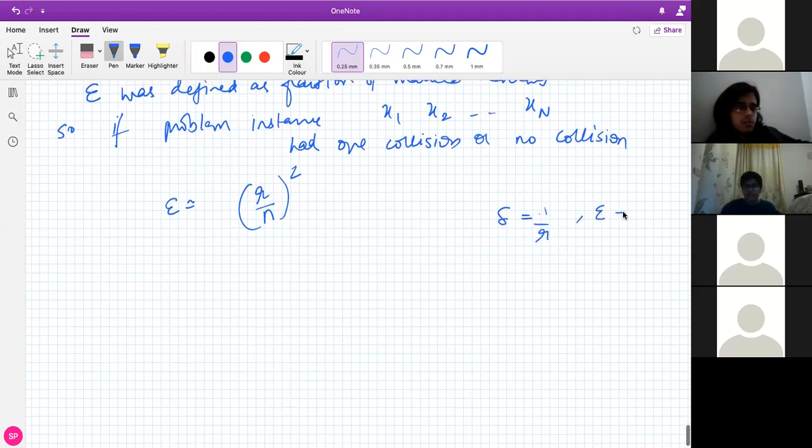And we had epsilon, which is equal to (r/n) whole square. So my 1 by root delta is going to be root r, right? And my 1 by root epsilon is going to be n by r. Now we plug it in our